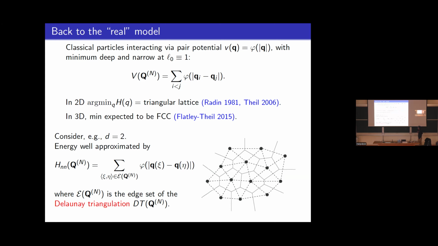And similarly, this is what one also expects to be the case with the triangular lattice replaced by the face-centered cubic lattice in 3 dimensions. As I mentioned yesterday, there is no proof of the fact that the FCC lattice configurations minimize a pair potential of this sort. There is a result by Flatley and Theil proving that this is correct if you add a specifically designed 3-body term, but everybody believes that the result should also be true for a potential of this kind. Okay, let me now describe how to go, heuristically at least, from this to a